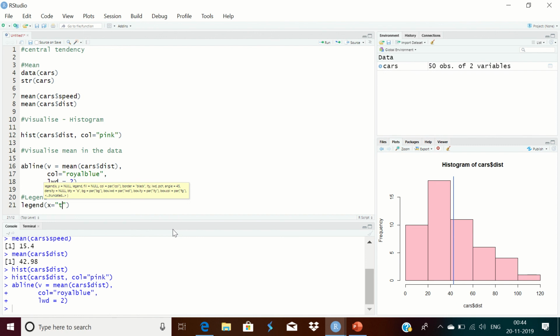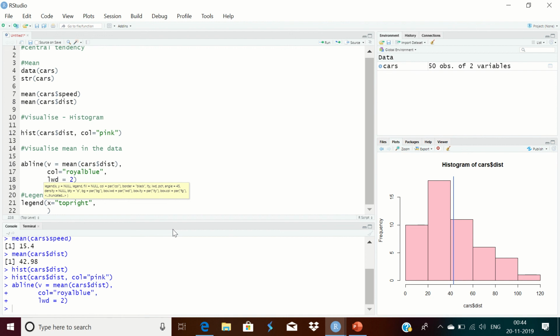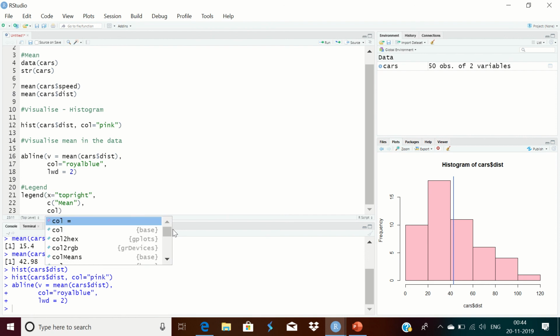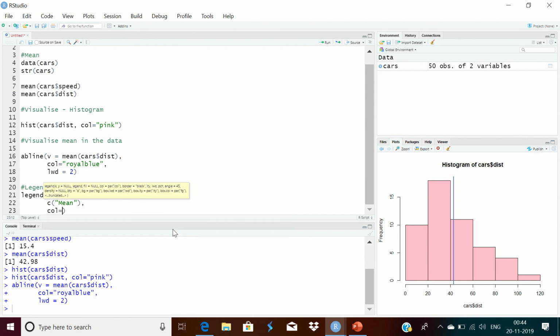So here I'm saying I want the legend to be at the top right, and then I say you need to take the mean and the color that I want to give is the same as the royal blue,